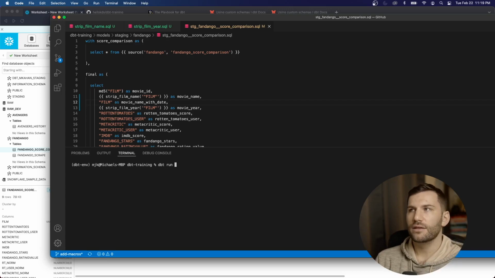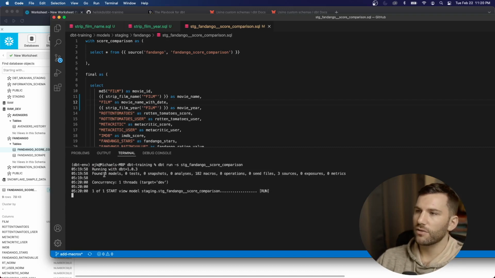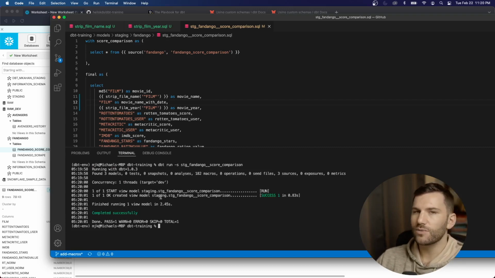command. And just so we can run a single model, we can do different selectors. And the format for this is dbt run. So run is going to do everything. You can do -s and then the name of your model. So we could say staging Fandango _ score comparison. And what that's going to do now is only run that model. So even though there's all these here, it's just running that one, so we can pick and choose which one